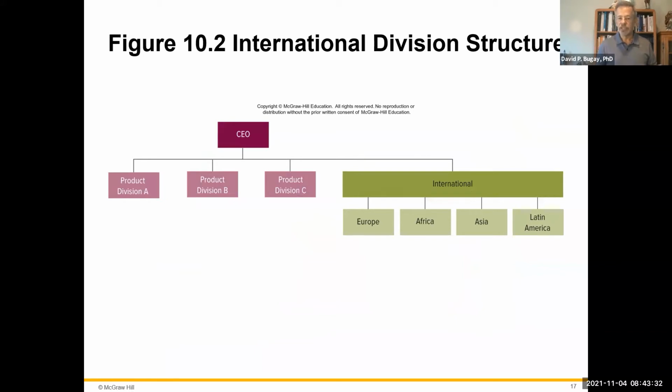Here's an international division structure. You have your different products, and then you have your international divisions where you take the products and mesh them by different geographical components. So this is a little bit different, because product A, product B, product C, and then how do you distribute them across the planet? And also, do you have individual designs just for that aspect?